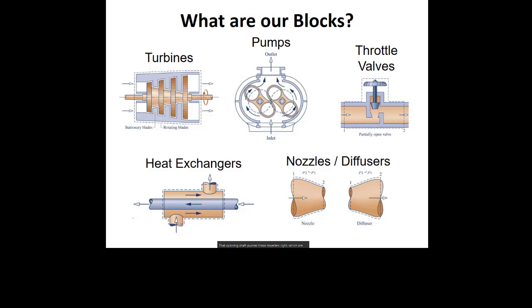We have throttling valves. Throttling valves are not super exciting. You probably have one. If you pull out the back of your fridge, you might see a throttling valve, or if your fridge is old enough, maybe it has a very thin copper tube that's coiled around in the back. Throttling valves, we'll see, are kind of boring. They're really just there to drop the pressure of the fluid without losing energy in the system.